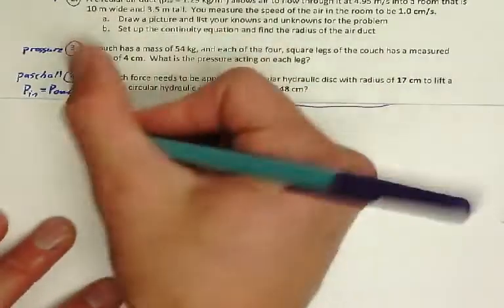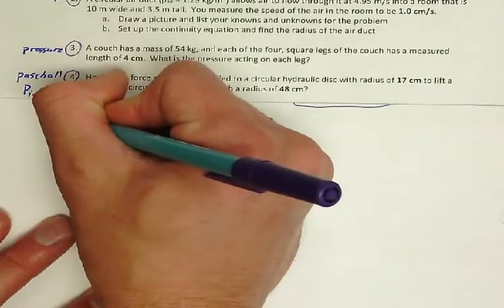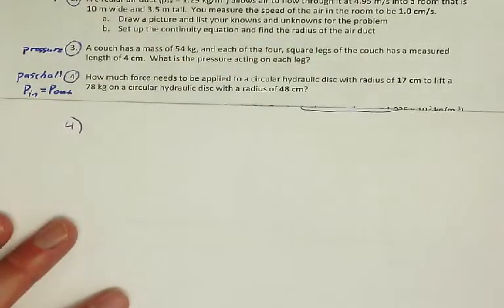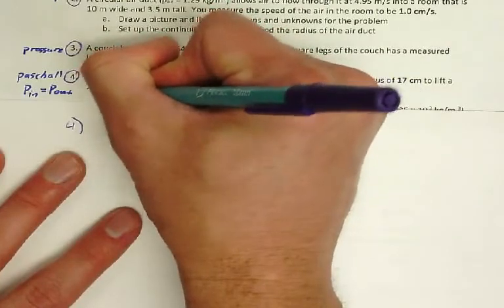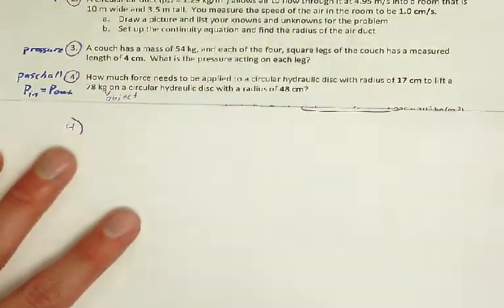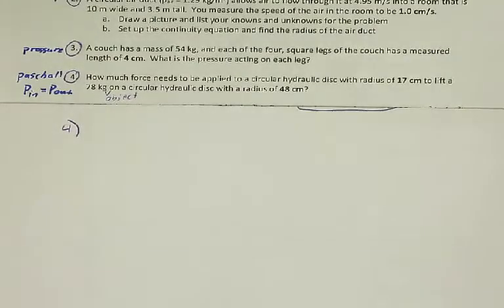So this is Pascal's principle. P in equals P out. All right, how much force needs to be applied to a circular hydraulic disc with a radius of 17 centimeters to lift a 78 kilogram object on a circular hydraulic disc with a radius of 48 centimeters. Okay, so the equation for this one